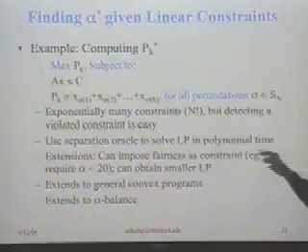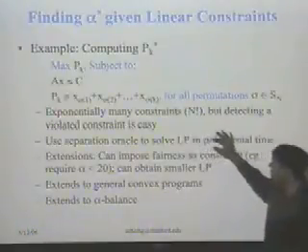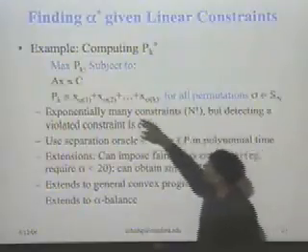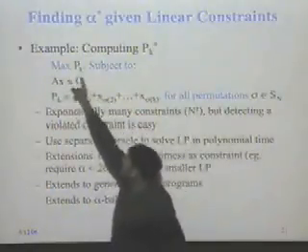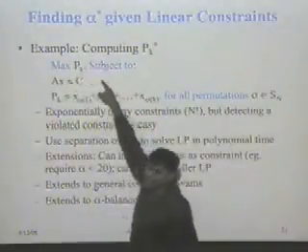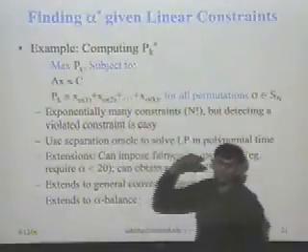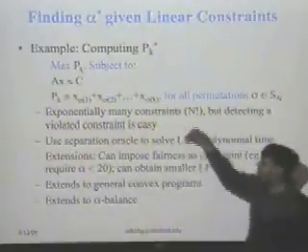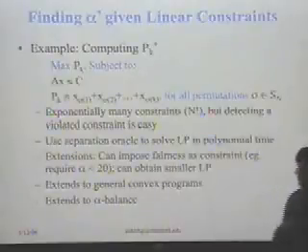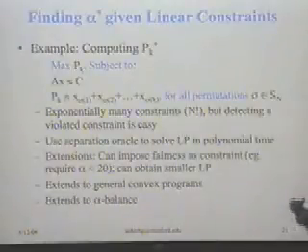And separation oracles are powerful enough to handle arbitrary convex programs. So if instead of Ax = c, this was just some convex set, x is in S, as long as you were given a separation oracle for that set, you'd still be able to solve this in polynomial time. And you can use similar techniques to find alpha star.